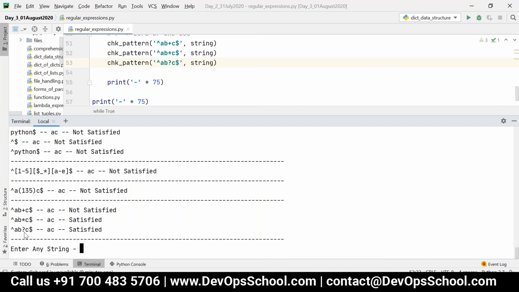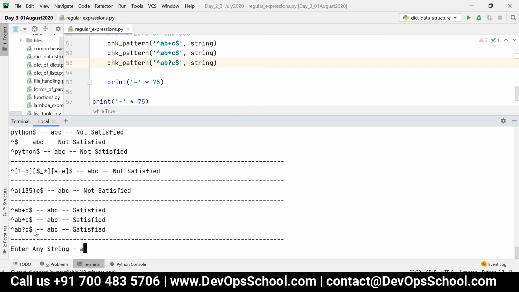Question mark 0 or 1 occurrence of previous character, right? But plus means 1 to many occurrences of previous character. For example, if I say ABC, now there is 1 occurrence of B, so all three will be satisfied.